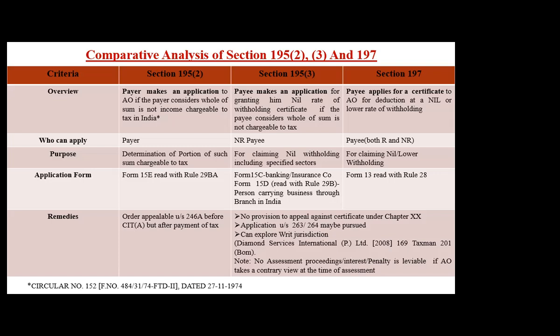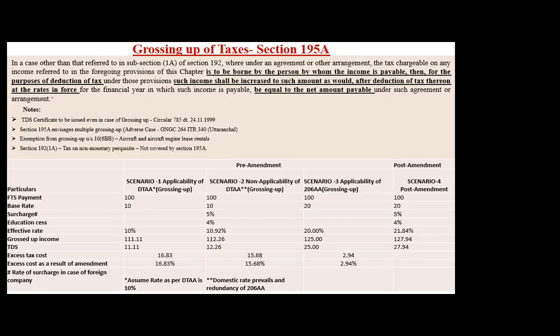So next, grossing up. Now let us say Anshul ji has shifted to Netherlands, and I have some consulting assignment in Netherlands, and I request Anshul ji to do it on my part. So he says that I'm going to charge 10,000 euros for the same. I said, fine, I'm going to deduct 20% on it and pay you 8,000 euros. He said, no boss, nothing doing. I want my 10,000 euros. I am not concerned with your Indian laws, with your taxation. I want my 10,000 euros. So what is to be done? Then I go to grossing up. Fair enough, I tell him fair enough, I will pay you your 10,000.